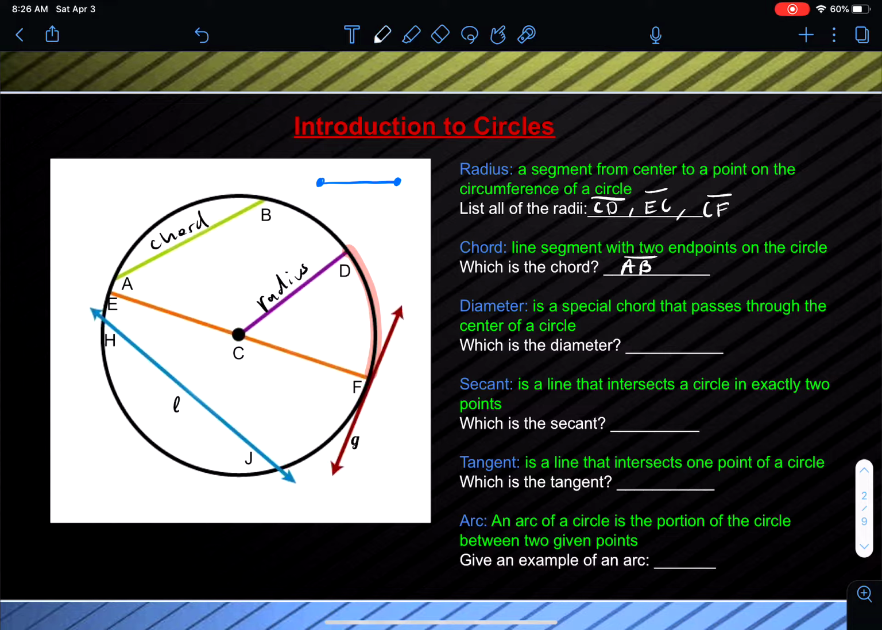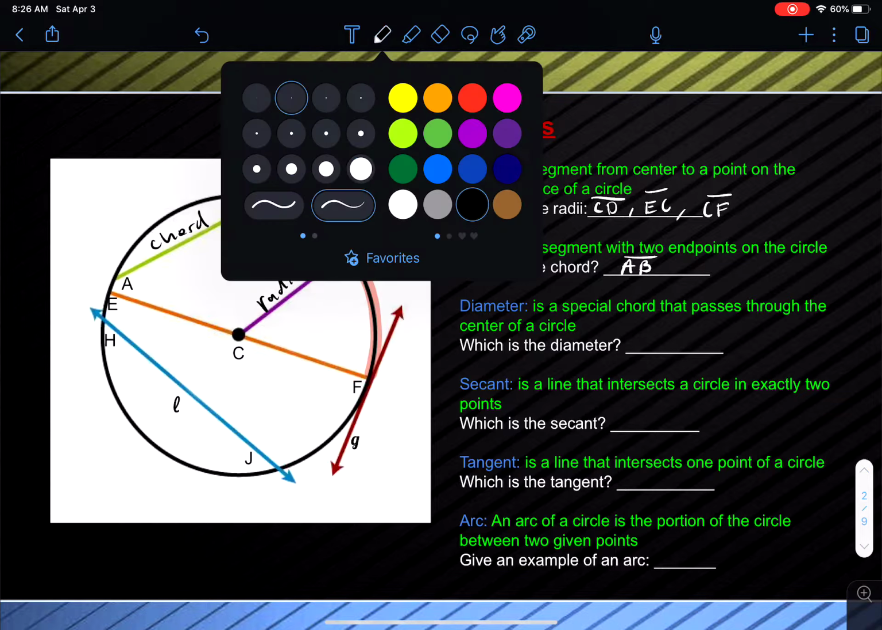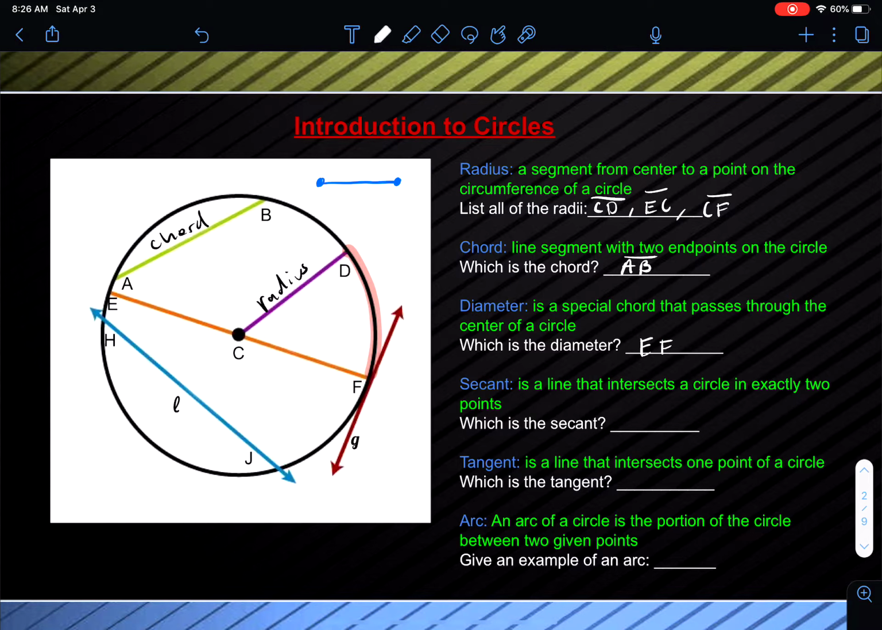So that is my diameter, E. Ooh, that's not the color I want to use. Okay, so this is going to be EF, or segment EF. Next, we need to look at the definition of secant, and the secant is a line that intersects a circle